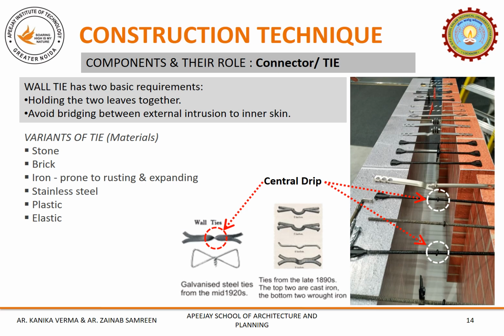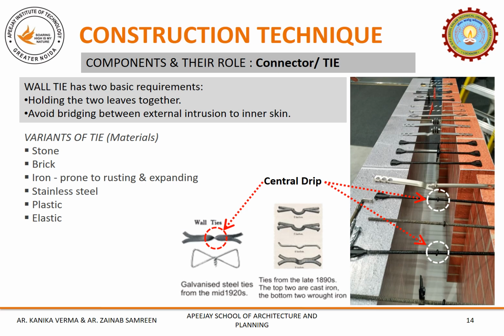Now, what are the various types of materials available? As you can see in the slide, there are materials available such as stone, brick, metal like galvanized iron, SS, plastic, elastic in the market for the purpose to connect as a wall tie. One can see the photographs of various types of ties available in the market which are required to suit different purposes, details and conditions of various cavity wall construction.